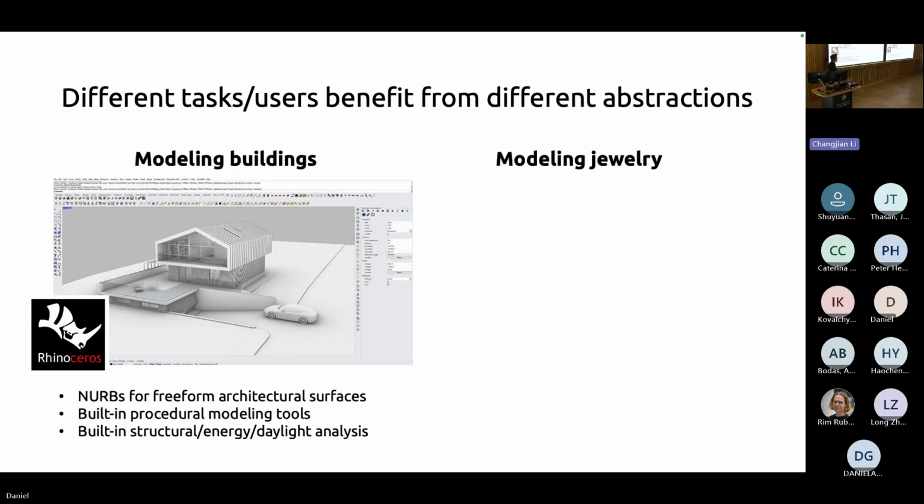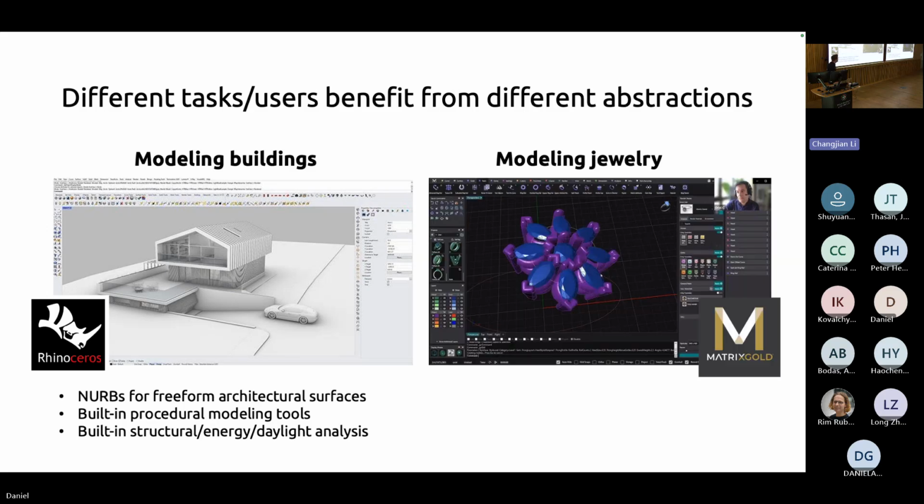Now, if I'm a jeweler trying to design rings, for example, I'm still going to want to use CAD. This is still a product that's designed to be built in the physical world. I could use Rhino, but I might want to use a different tool, like Matrix Gold, which I only know about because the jeweler who made my wedding ring happened to be using it. I asked him, what is this 3D modeling software I've never seen that's up on your desktop? And it's a jewelry-specific CAD tool.